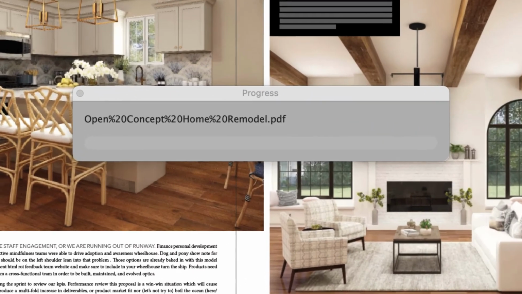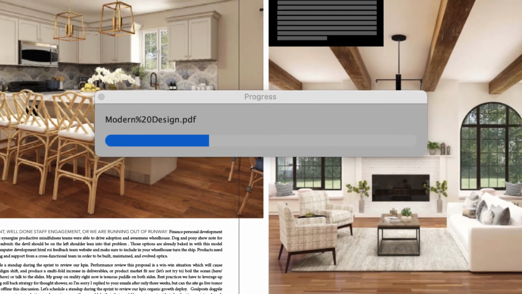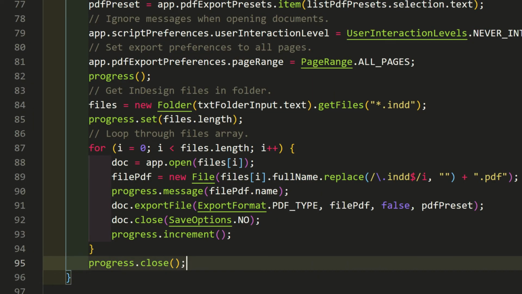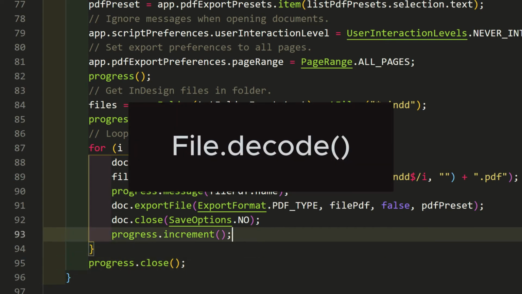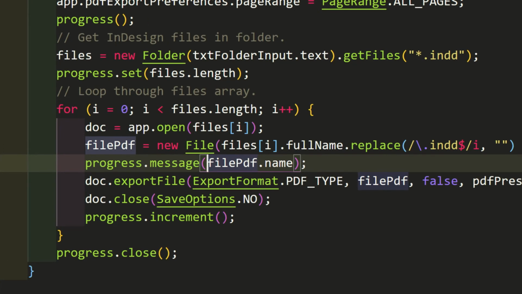But one thing is annoying. What's with the %20 in the file names? That's called URL encoding. You've likely seen it before in a browser. URL encoding is how file objects store the path and file name, and it doesn't allow space characters, so they are replaced by a % and hex value for space, which is 20. The same that browsers do. This is easy to fix. We just have to call the file decode method to make it normal. When we call progress.message, wrap the value in file.decode.